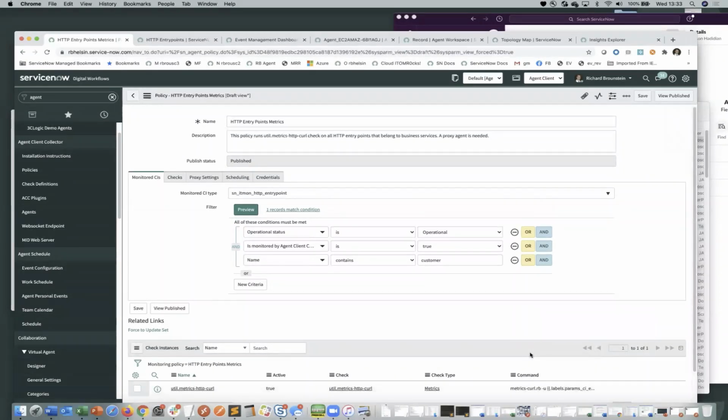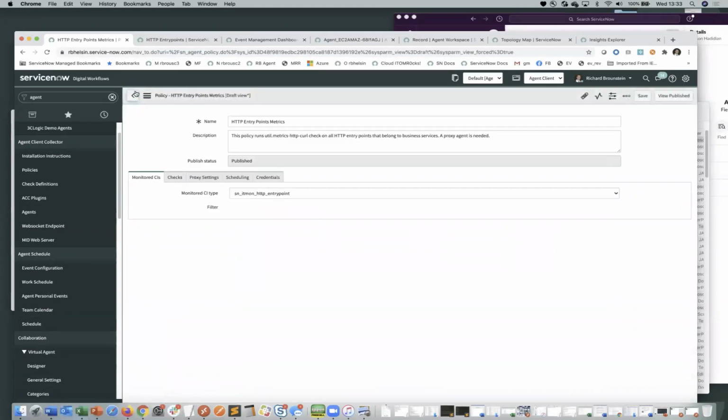So if you haven't mapped applications, you can't use this. But you don't have to use ServiceNow's automated service mapping. You can manually map business services. But if you are, then you can definitely make use of this. So this, I think, is one big advantage of using the ServiceNow agent client collector, because it's not just gathering raw data on the back end, it's also gathering end user data that you would expect from an application. Okay, so